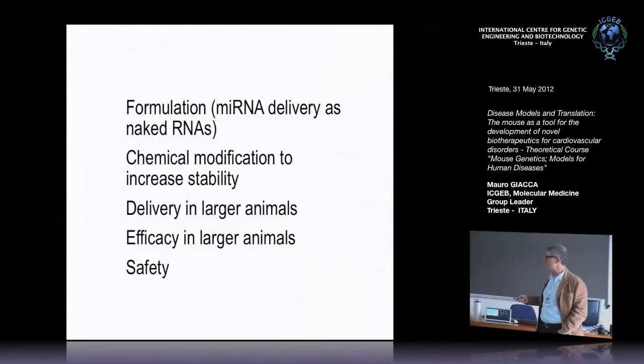And obviously we want microRNAs that trigger proliferation, but of the cells that we want, so cardiomyocytes. We don't want unspecific proliferation, for example, of cancer cells or other cell types. And there's a long way to go, but we are very focused on trying to see if this might